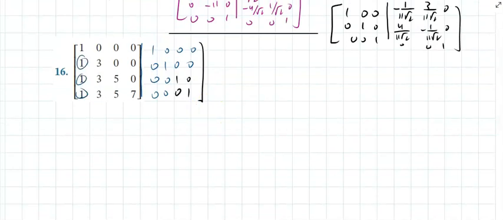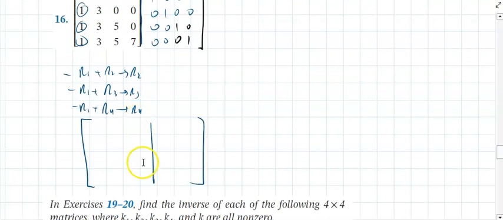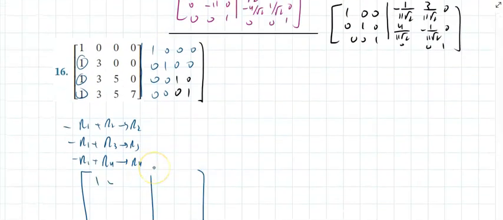Well, step 1, take negative row 1, add it to row 2 in row 2. Take negative row 1, add it to row 3 in row 3. And take negative row 1, add it to row 4 in row 4. What that does, so 1, 0, 0, 0, 1, 0, 0, 0. If you multiply row 1 by a negative,